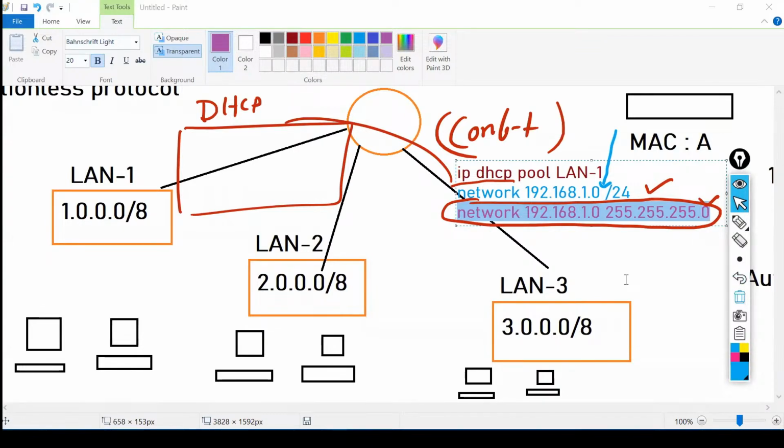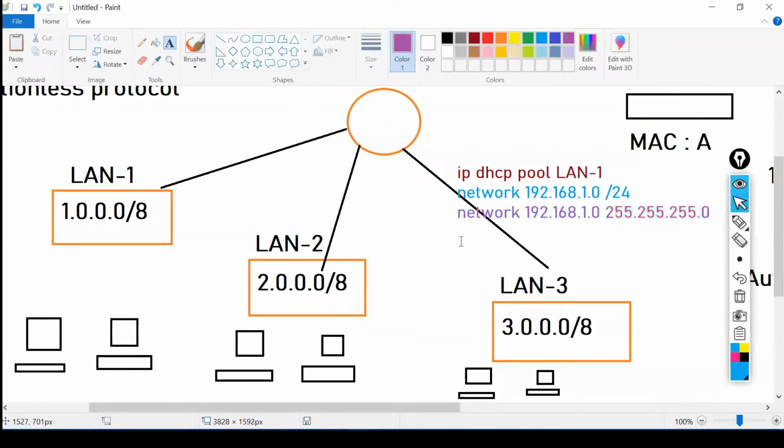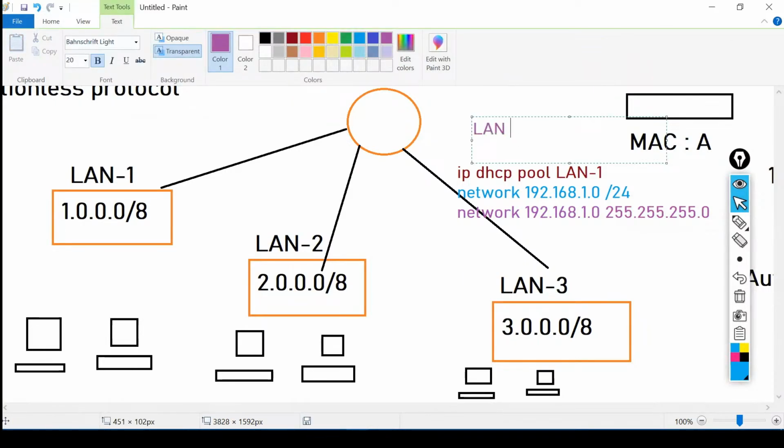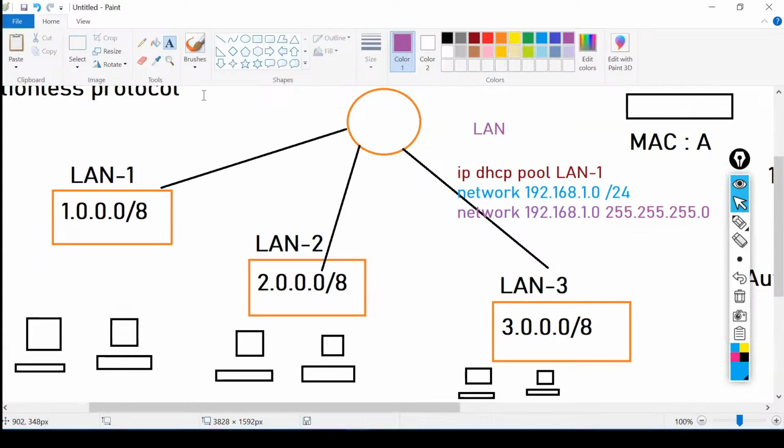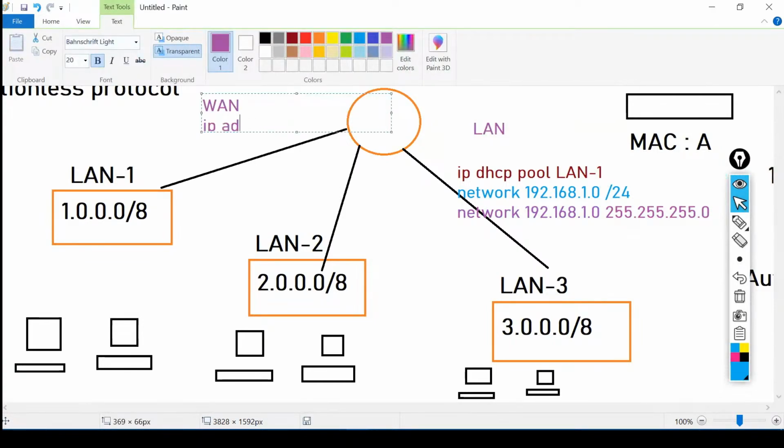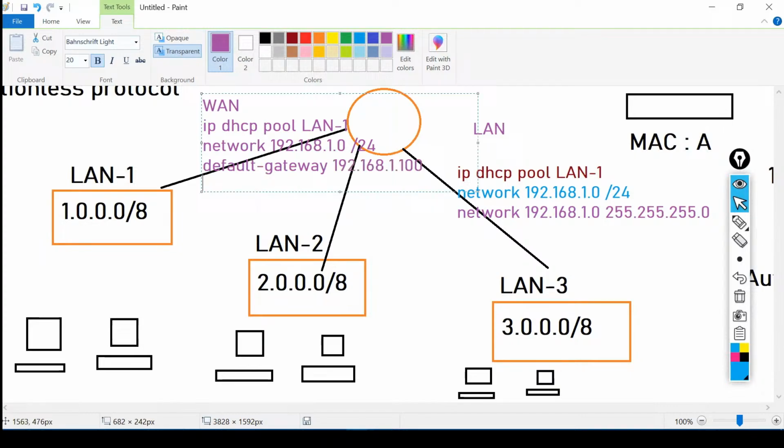Based on this configuration, PC1 can communicate with PC number 2. But this is the LAN communication configuration. If you don't provide the WAN configuration, what will happen? We need to do it like this: ip dhcp pool LAN1, then I say the network will be 192.168.1.0/24 and the default gateway. And you can define the DNS server information.